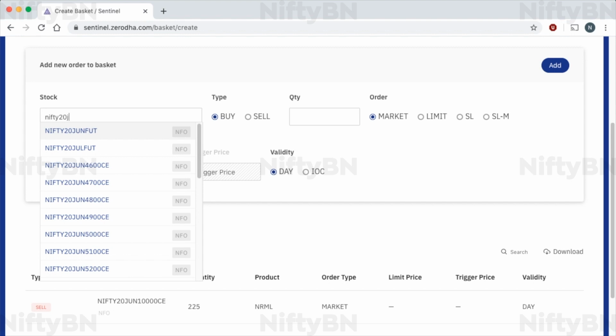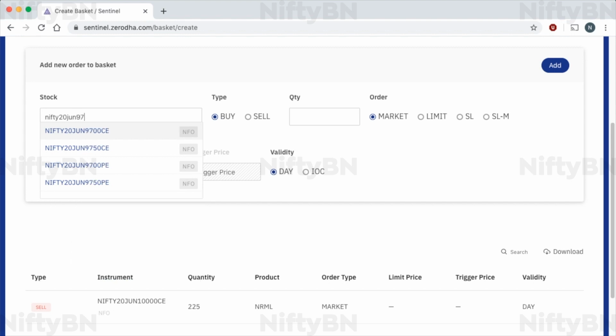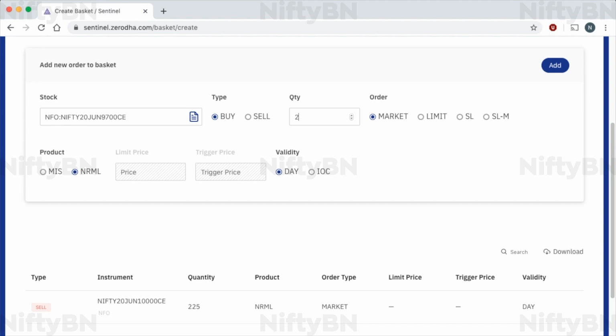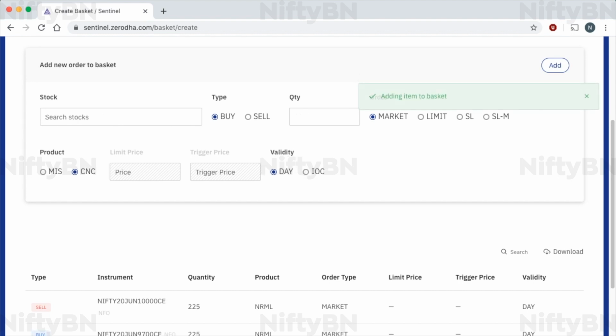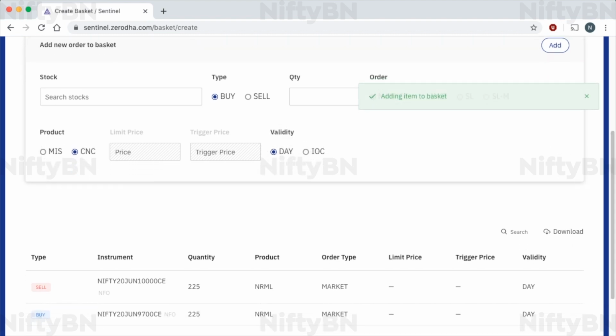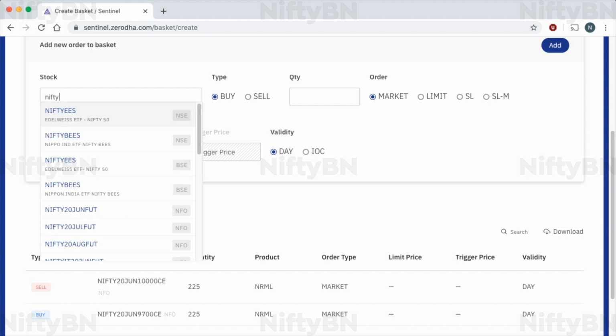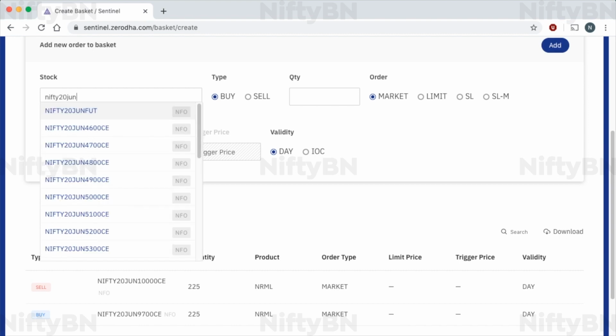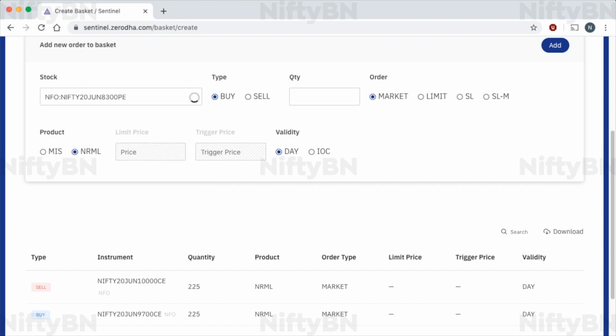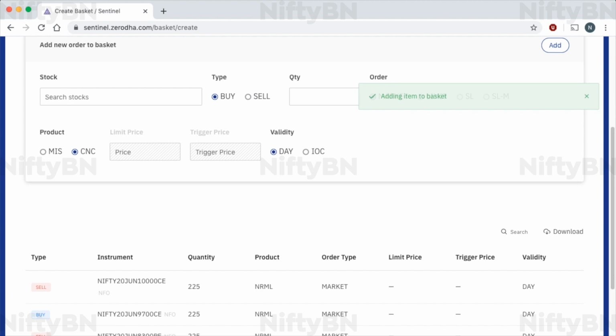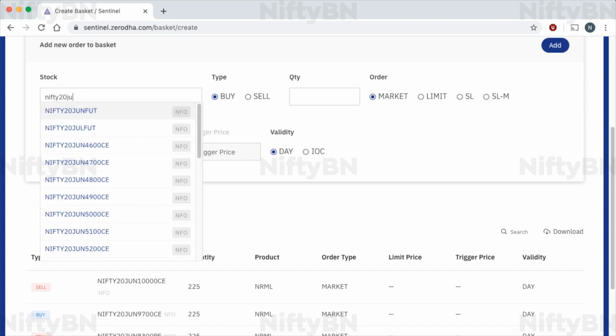Based on the order type you select, you may have to fill in the limit price and the trigger price fields as well. Order type is very important, as for illiquid stocks you might want to select limit and enter limit price, as if you select market and if the bid offer price is wide, it would affect your P&L calculations. Since we wish to construct an iron condor, there would be 4 orders.